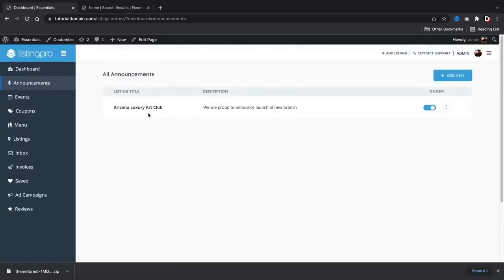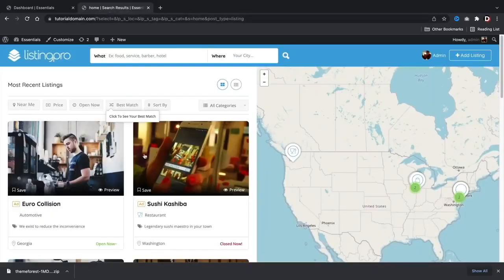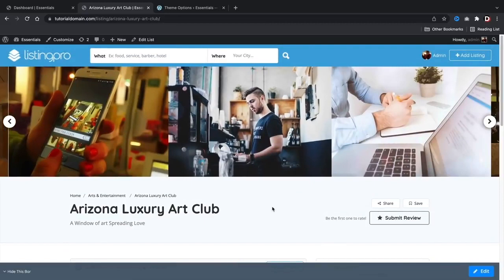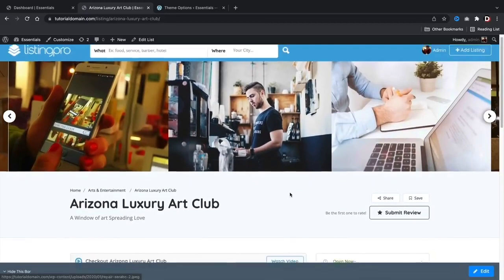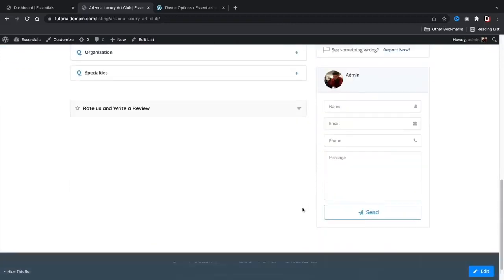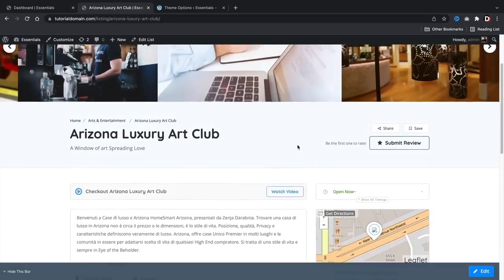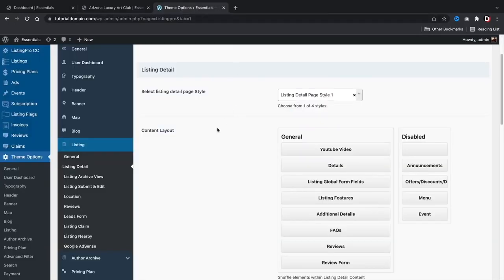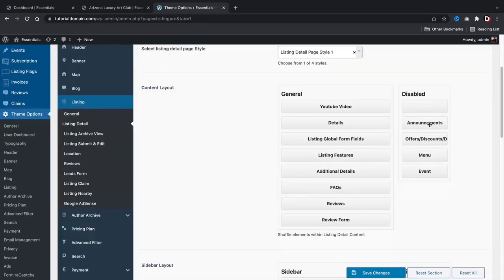So let's take a look at the Arizona Luxury Art Club. I'll scroll down and click on the listing. So here's the current listing, right? And as you can tell, we can't really find the announcements. The reason the announcement does not display is that when you are building your form, you need to enable announcements. Under the theme options, under the listing detail, you'll see that we have announcements. So we can enable these